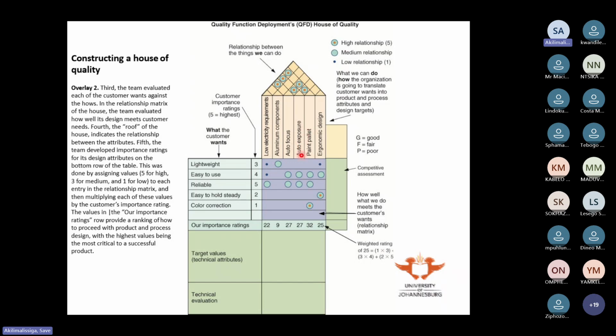And now, before even we move to the roof, you can see here you do have the ratings. So the ratings here are just a kind of classifying this customer want based on their level of importance. So only